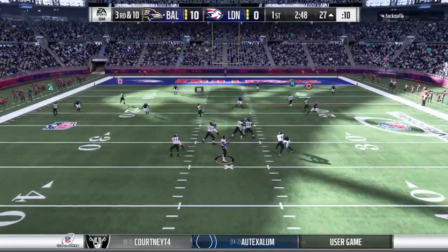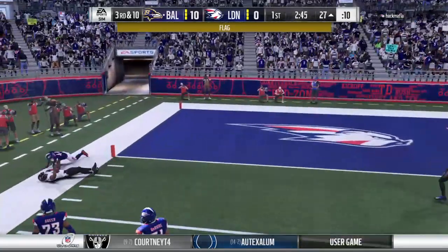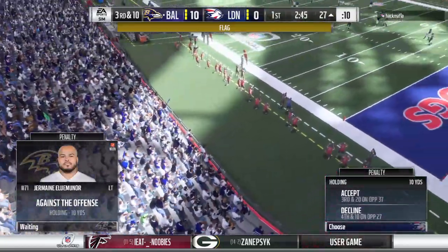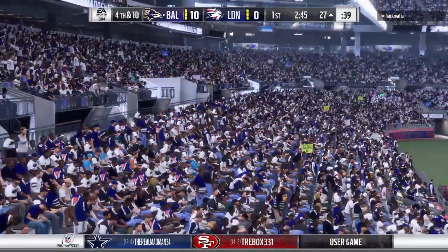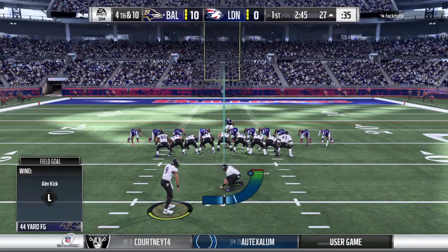On 3rd down, Lynch. And this is going to be caught, but they'll say out of bounds. So it's incomplete. So instead of giving them another third down, they'll decline it, brings up 4th. Now, that's smart football right there. You don't even have to really spend a lot of time considering it. Just know that you're probably going to get the ball back. Good job declining that